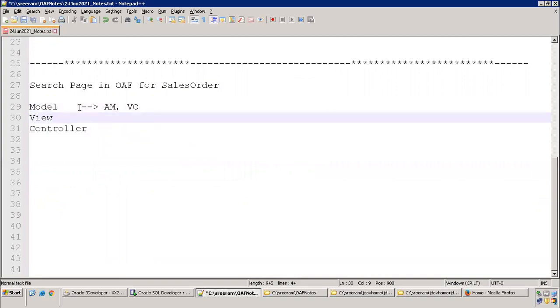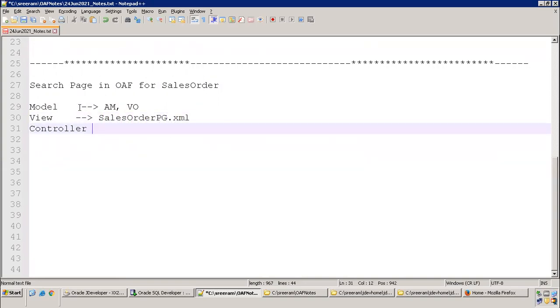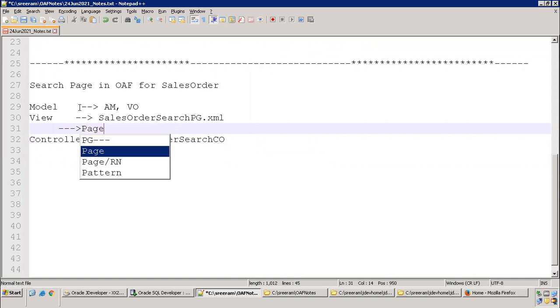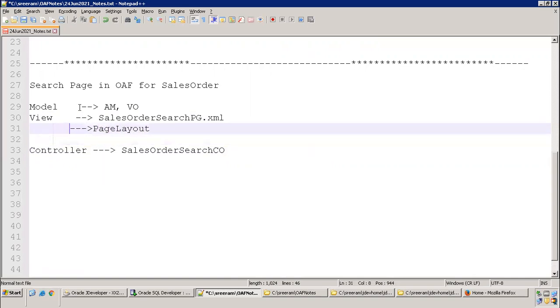Then in the view layer, what do you require? We require a sales order search page .xml. Similarly, we require a controller, the sales order search CO. Now in this particular view page, we require a page layout region, which is a top level component.